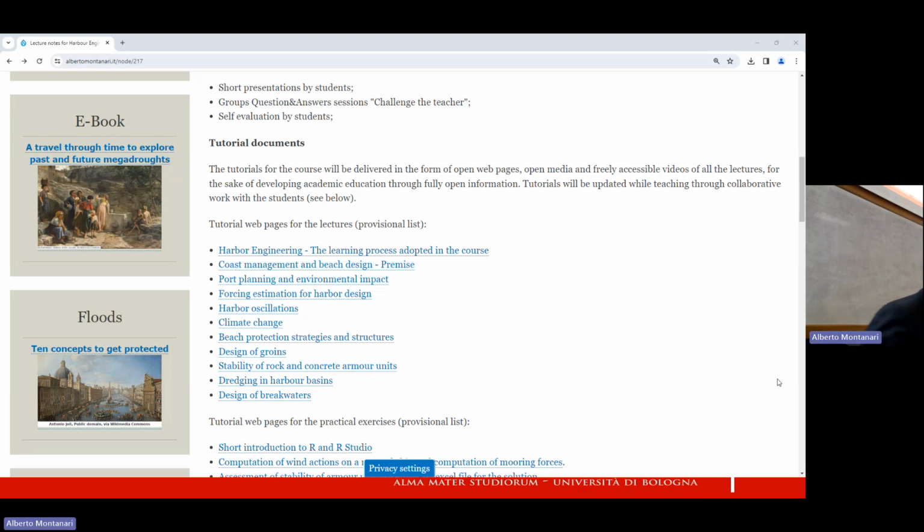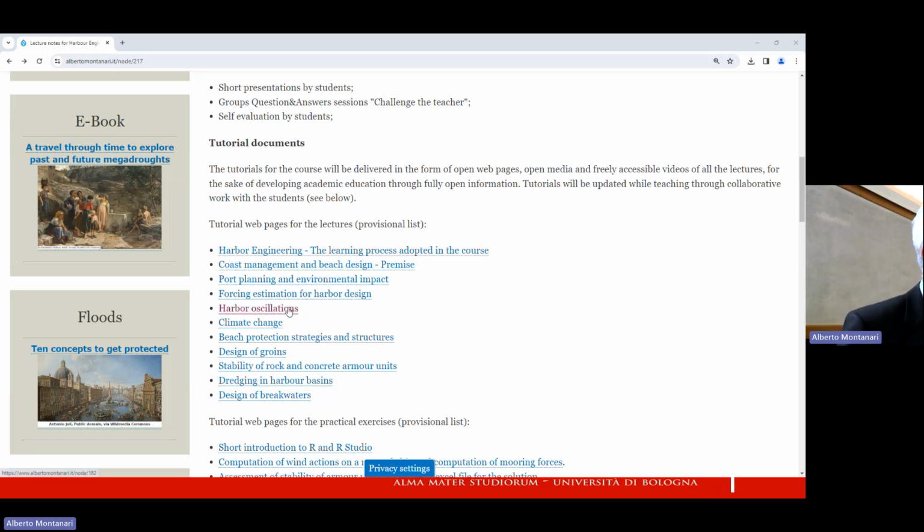Now, we completed the part on forcing estimation for harbour design. So the next lecture is on harbour oscillations. And in the second part of the lecture, I will again develop the exercise that we started, computation of mooring forces with R. I will do it with R. Okay, now